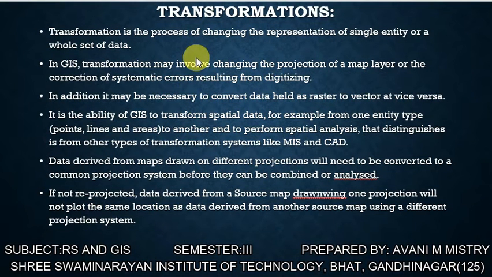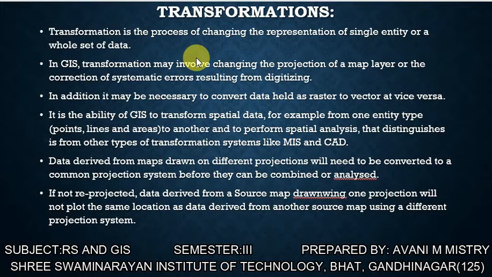The next one is transformation. Transformation is the process of changing the representation of a single entity or a whole set of data. In GIS, transformation may involve changing the projection of the map layers or correction of the systematic errors resulting from the digitizing. Okay, whatever errors are inside, we change them. And the projection of the map, the projection of the map layers, we make changes in it. That is called